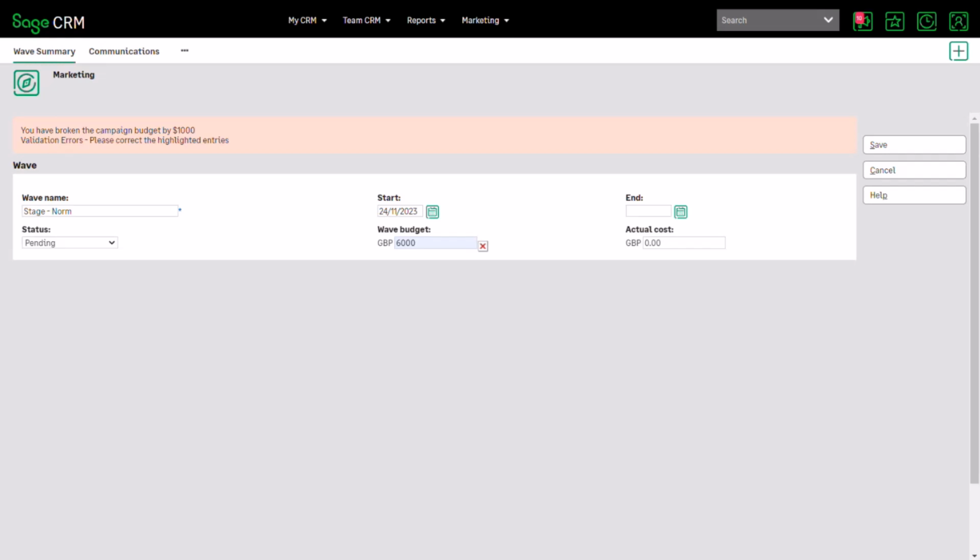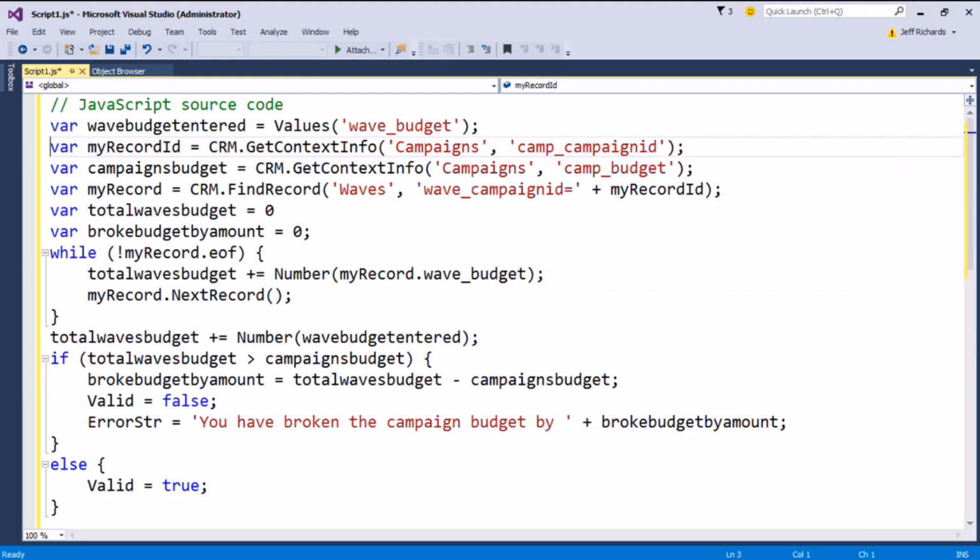Now, I've tried to define a budget in an individual way. The effect of this is going to be checking all the other waves that already exist within that campaign to see if the waves now go over the allowed campaign total. So this is all about budget control. That script might look immediately a little bit complex, but it isn't actually, but it is demonstrating the scope of reference that we can use. If we read through this,